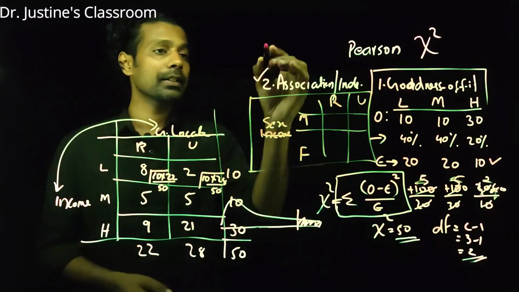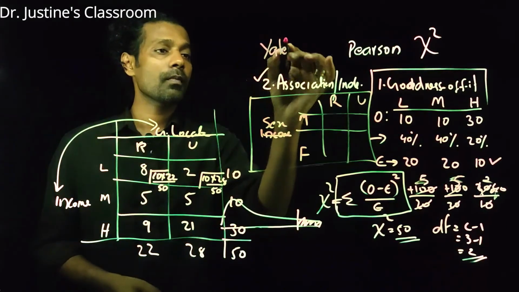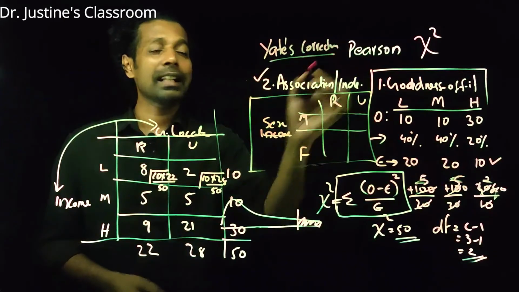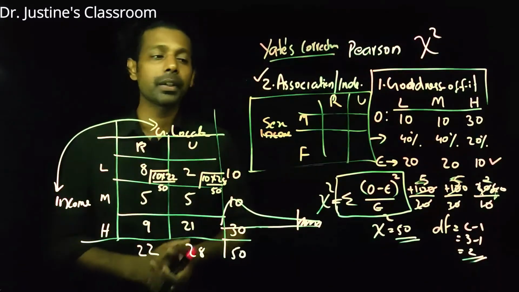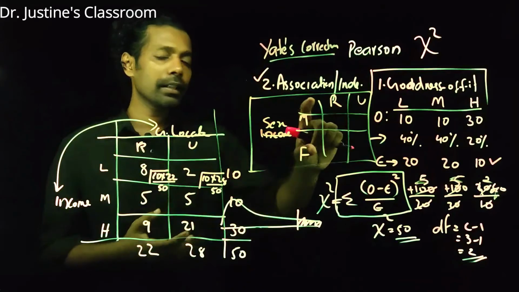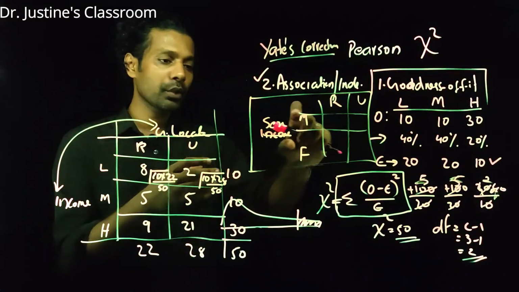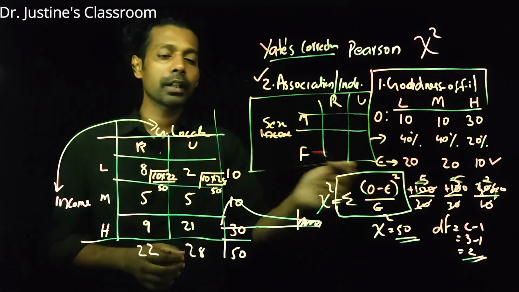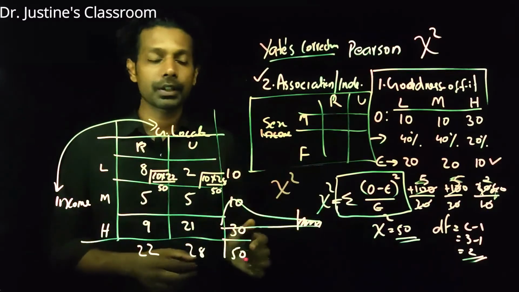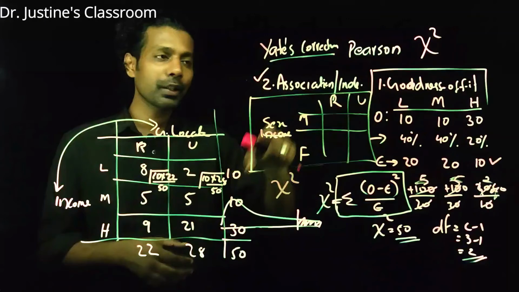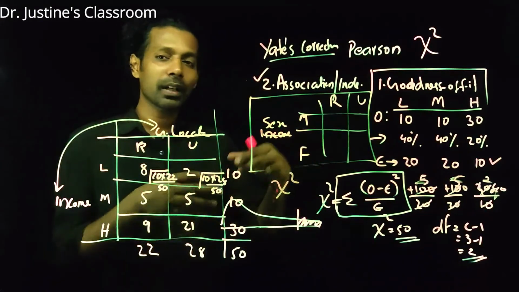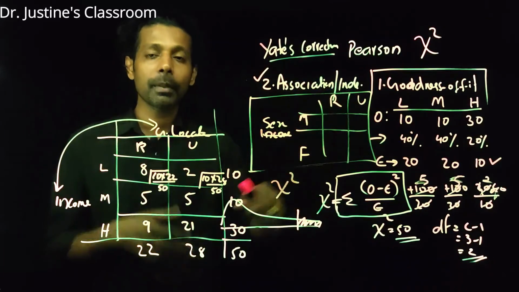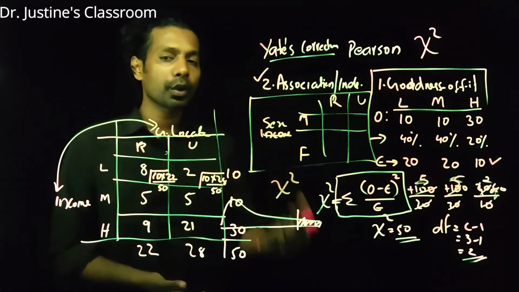It's called Yates correction. The full term is Yates continuity correction. Why is it a continuity correction? When you take binomial data like this, where you have only two options and frequency data, and you try to convert this data to a chi-square distribution, which is continuous in nature, there would be a continuity problem in this context. So you are trying to approximate 2 by 2 frequency data, binomial data, to continuous data, and there could be a problem for that.